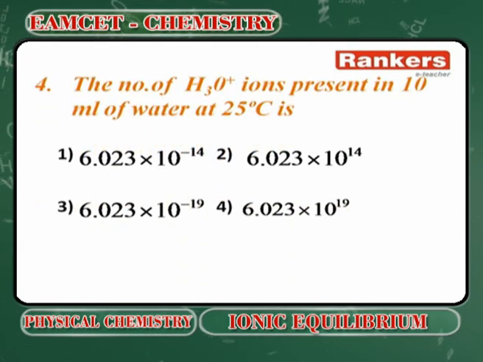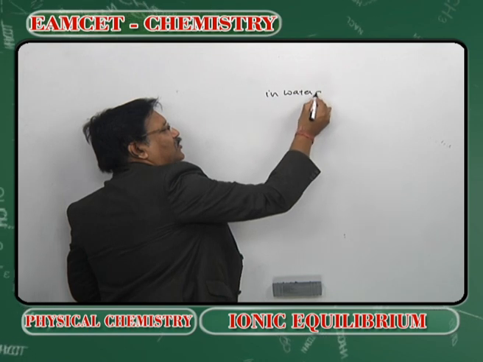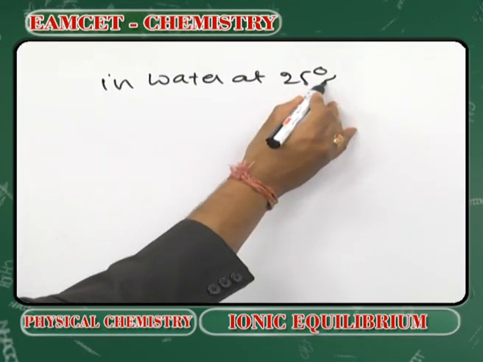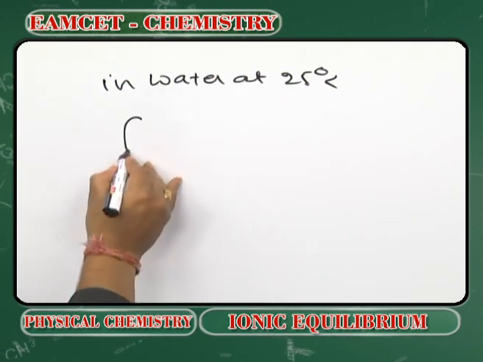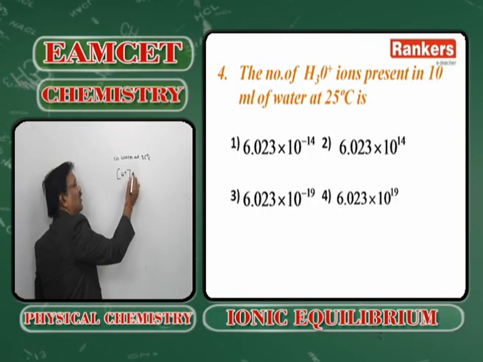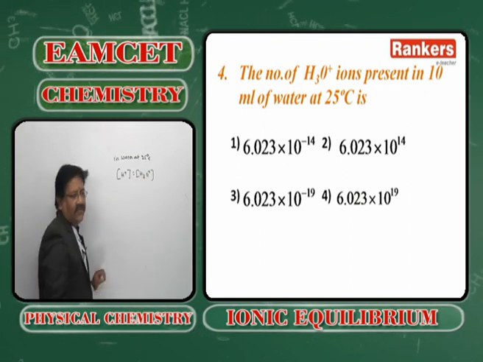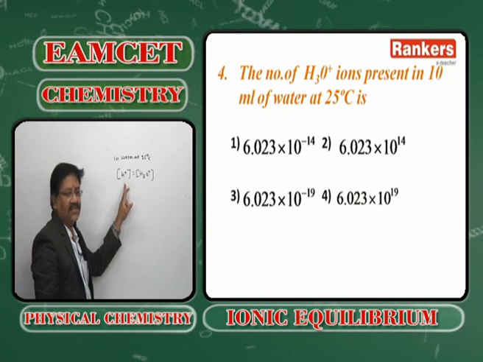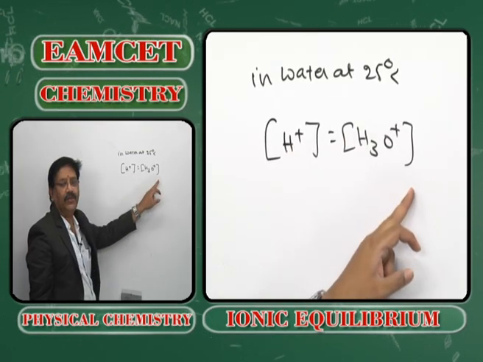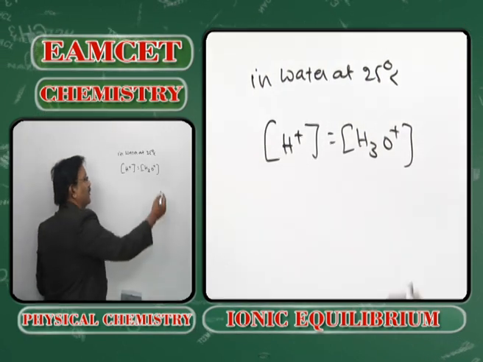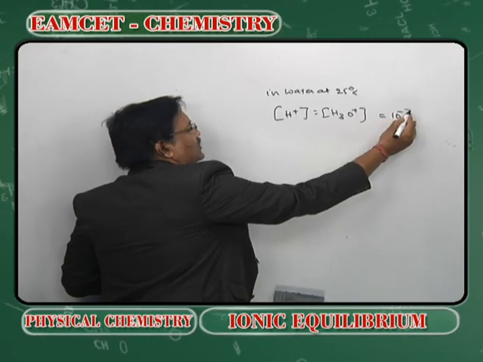The number of H3O plus ions present in 10 ml of water at 25 degrees centigrade. In water at 25 degrees centigrade, H plus ion concentration is equal to H3O plus ion concentration, because in aqueous solutions, free H plus ions do not exist. They will be converted into H3O plus ions, which will be equal to 10 to the power of minus 7